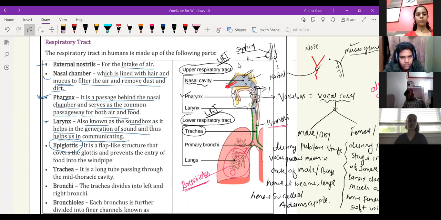I am not saying anybody is performing the experiment. Just put your hand here. Already done, sir. So you are feeling vibration now? Everybody is feeling vibration? Yes, sir. Due to that vibration, sound is produced.